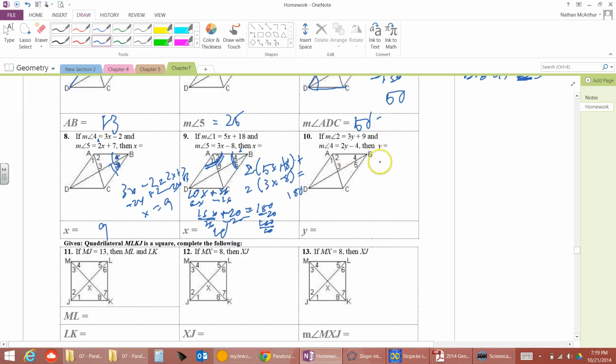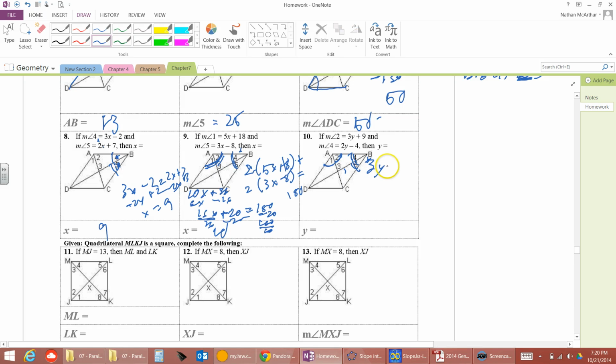It's the same process. We just have to recognize that angle 2 and angle 1 are the same size, and angle 4 and angle 5 are the same size, and therefore 2 of these angles plus 2 of these angles has to add up to the 180. So if I times this one by... all right. So I say